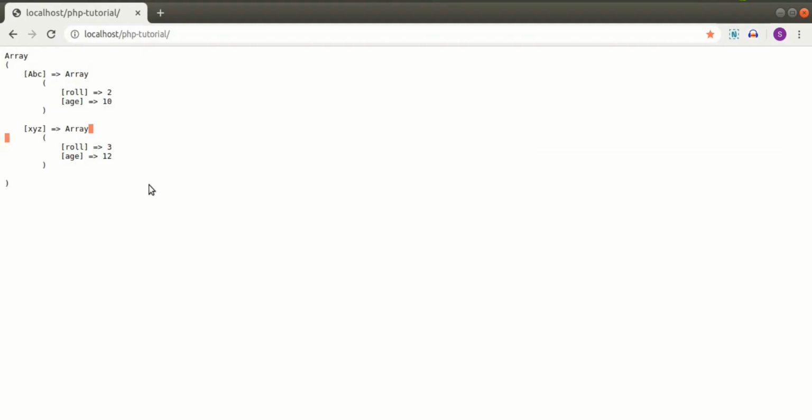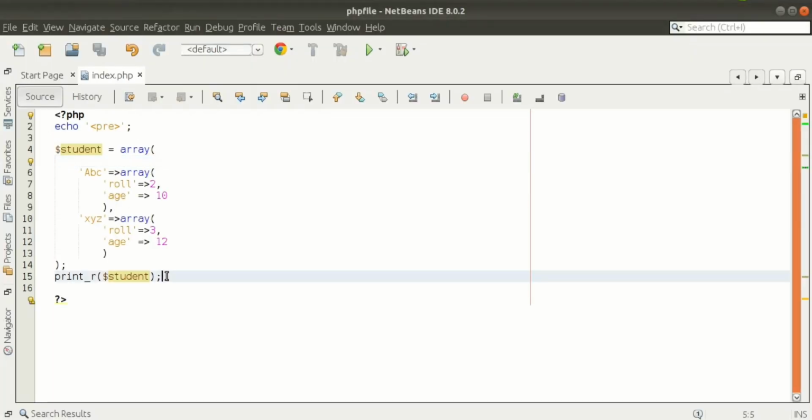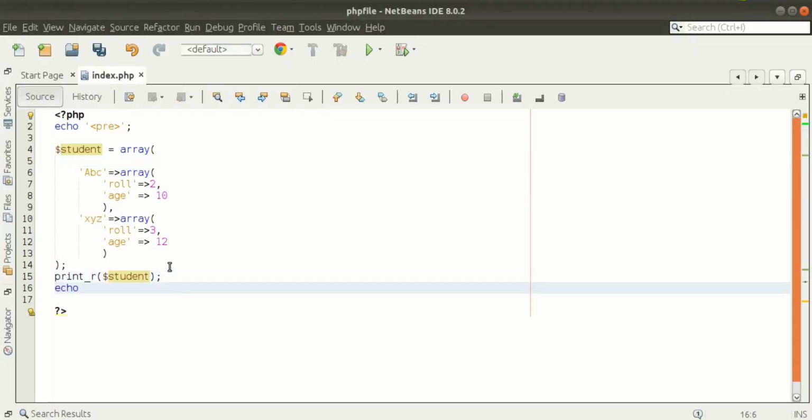Here is the little trick we need to know. Suppose we want to print the age of XYZ, then how we can print? This is very simple. So where is the 12 located? First we need to find the main array name.